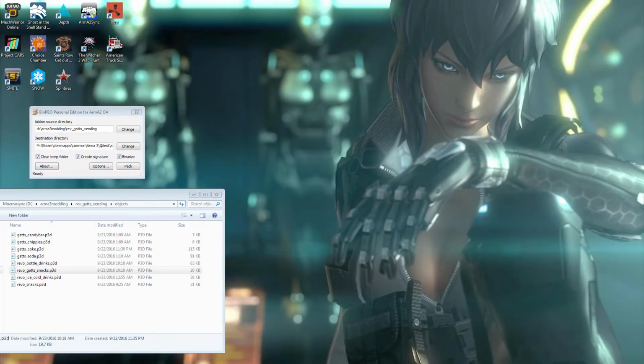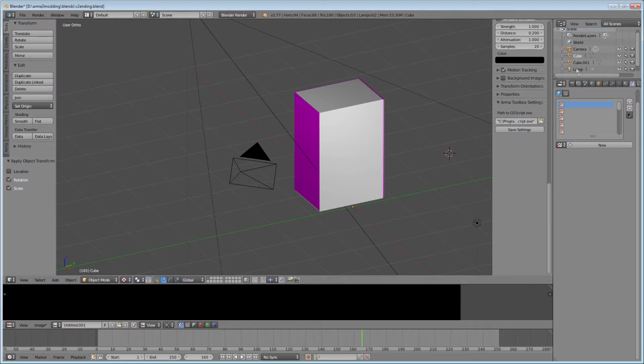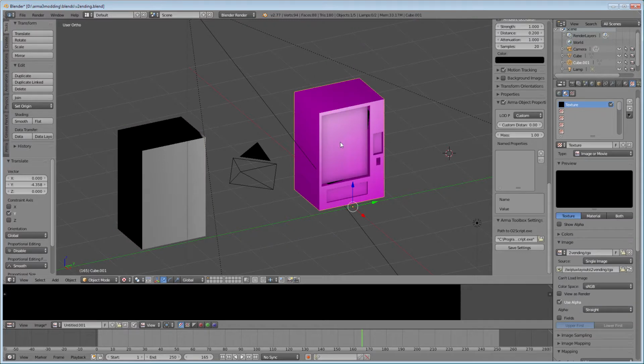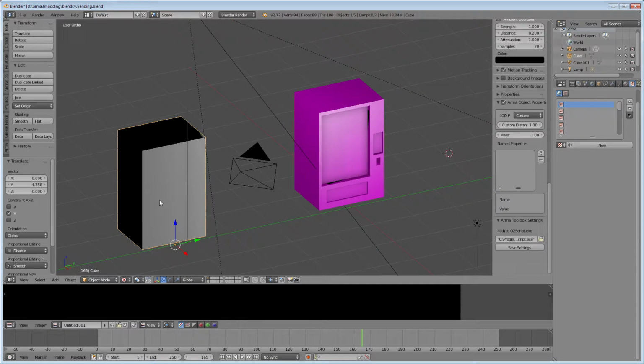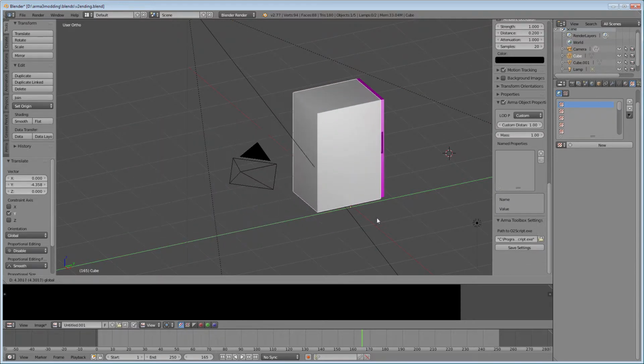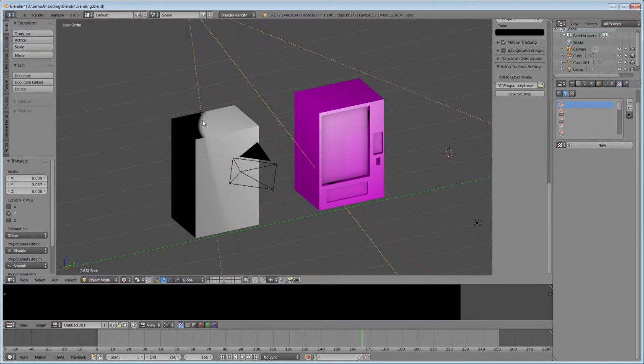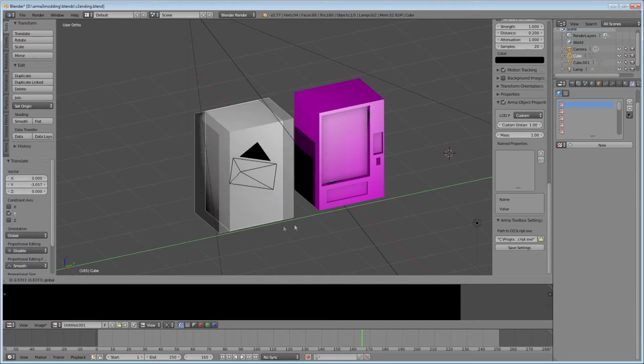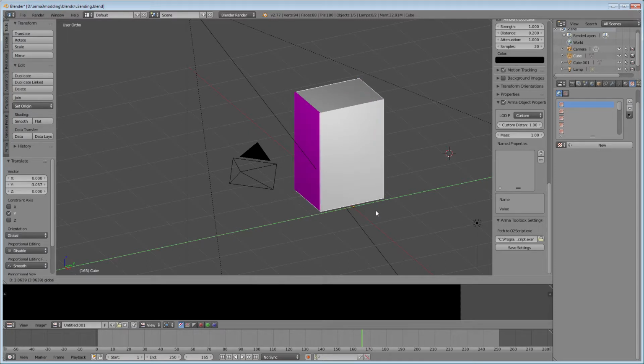Okay, so we want to start at the model level. We have our model, whatever it is we're working on. In this case, for me, it's a vending machine. We want to make a basic shape that encapsulates it for the most part. It doesn't have to be perfect, but pretty much just represents its overall shape and general mass. We want to make sure that this shape is as basic as possible, and it has to be